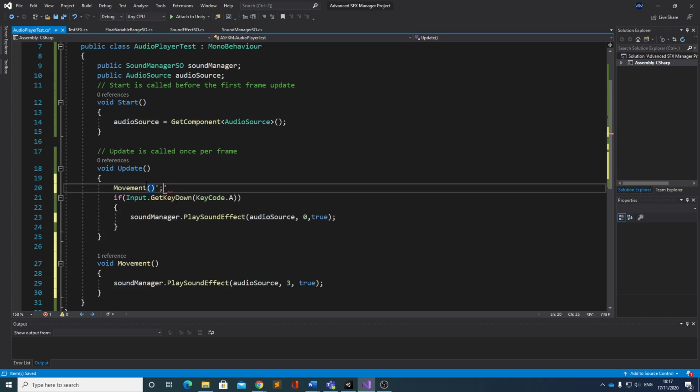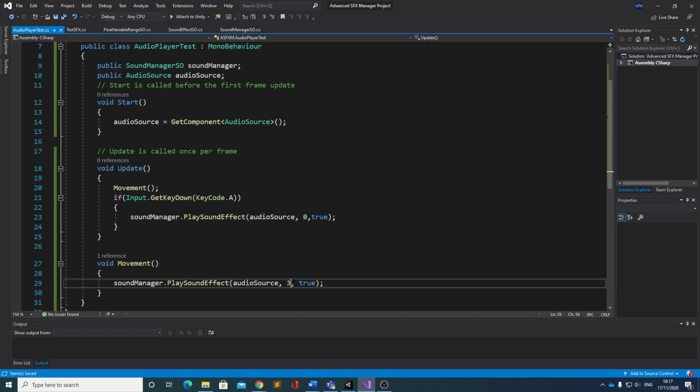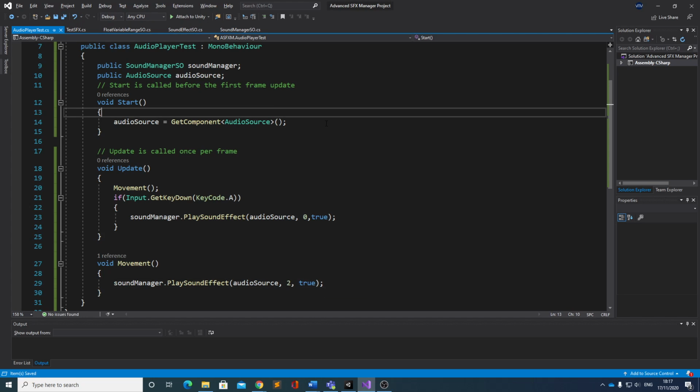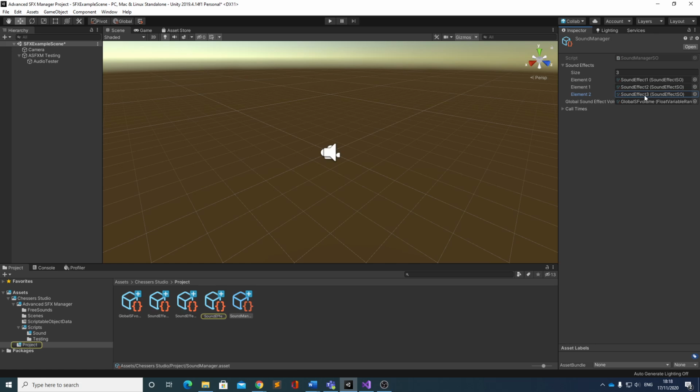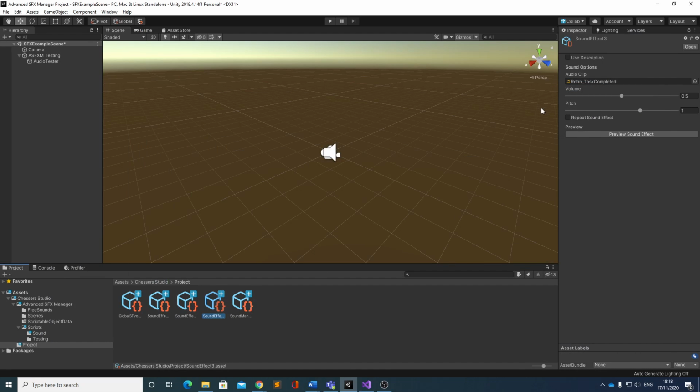So I think you know what'll happen now. This will run many frames a second, and we'll have the same sound effect play multiple and multiple times, causing this huge cacophony. So what we're gonna do instead is, do we have a third? No, we don't. Let's go back, change it to 2, save. Okay, so by passing in a 2 here, we're gonna access this element of our list, and it's gonna play this sound effect. Now a workaround for having a sound effect play in your update loop continuously is the fact that you can give it a custom repeat timer. So if we toggle on repeat sound effect and give it a repeat time of 0.3, let's say,